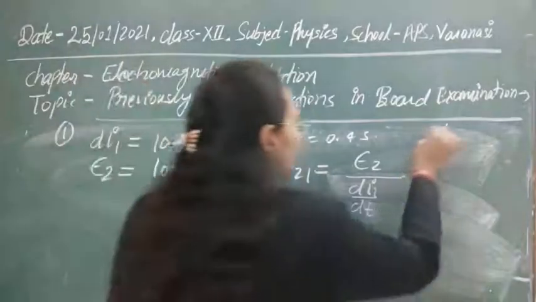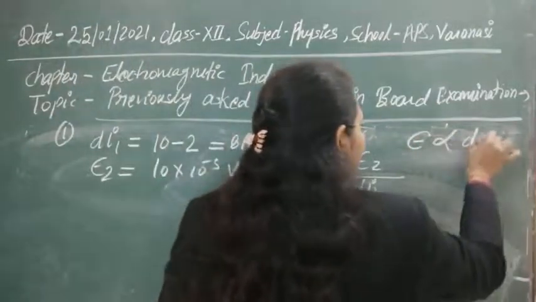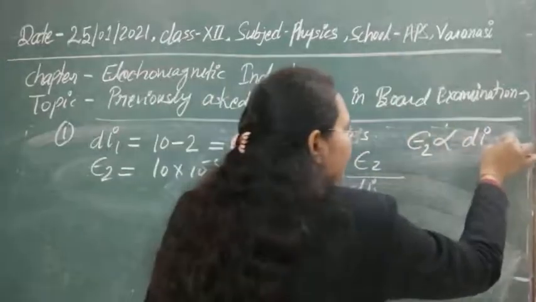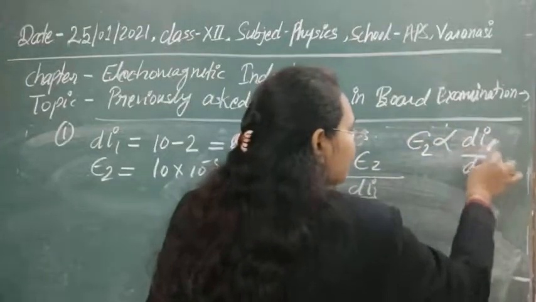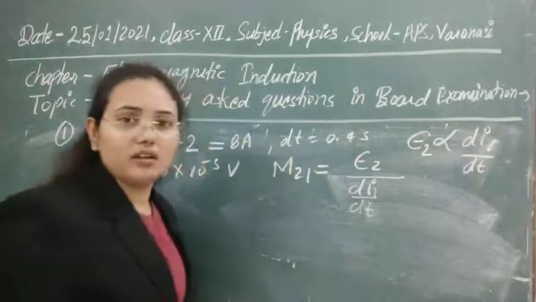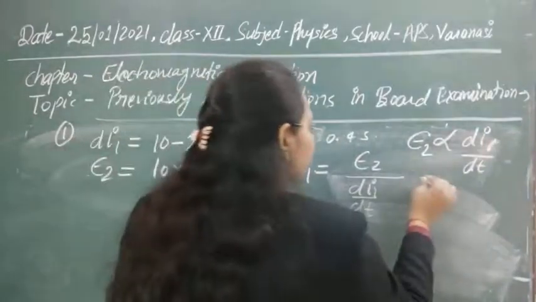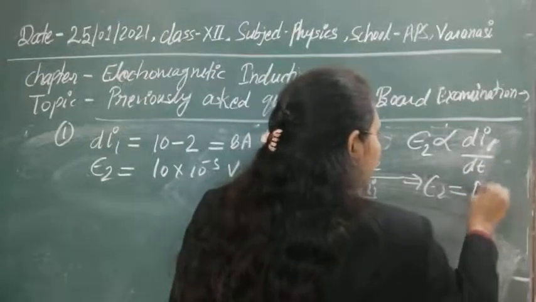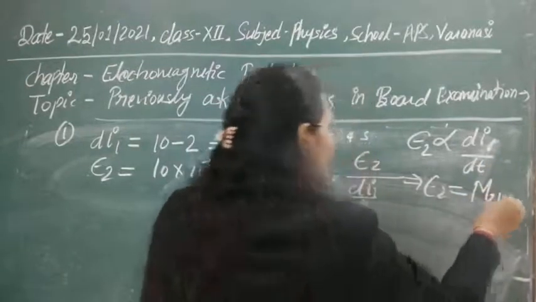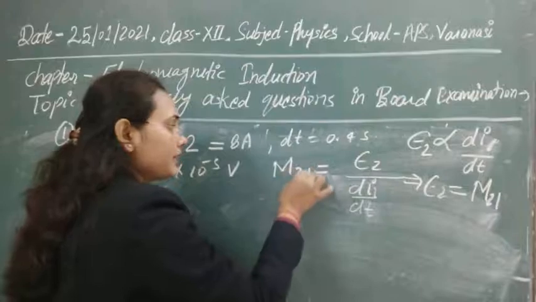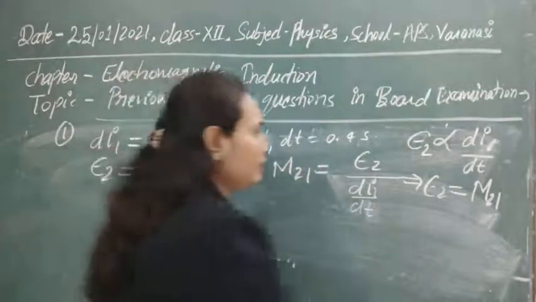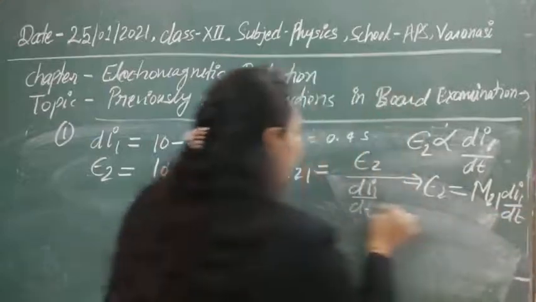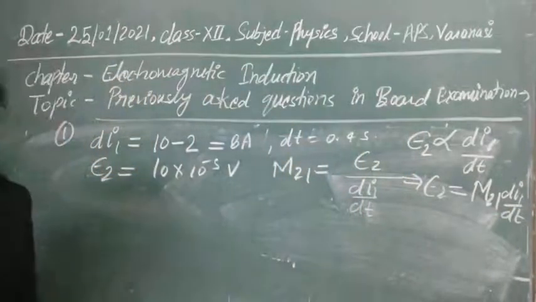So simple, if you have this concept, suppose there is induced EMF in the second coil, obviously that will be equal to the rate of change of current in the primary coil. So there will be di1, and if we solve it, then the proportionality constant will be here. So this is M21, it means the induced EMF in the second coil due to the first coil, and this is di1 by dt. With the help of that, you can write this formula here.